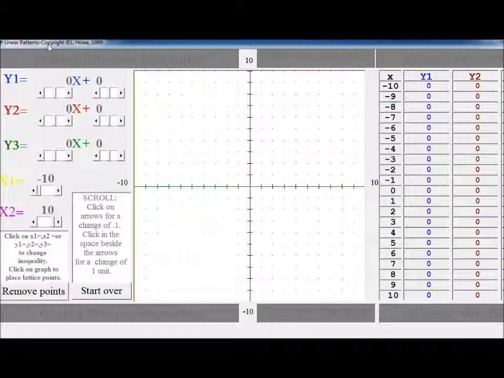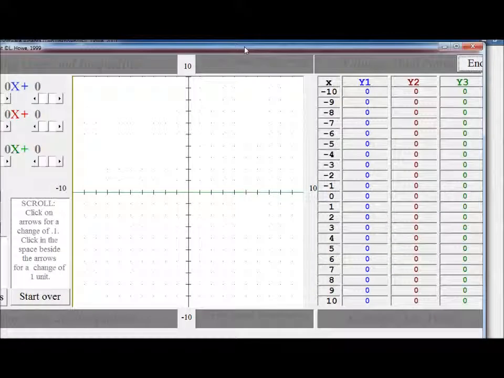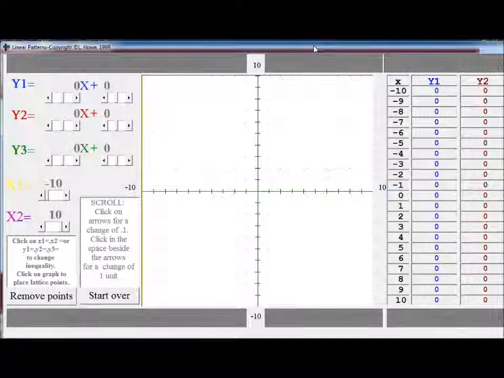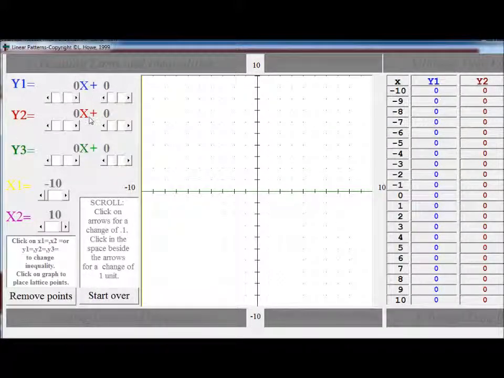You can see that I have put the ability to put in several functions and two vertical lines, and then I've given a table of values over on the right. I'm going to put it over here where you can see this graphing utility. Let's just look at the function y1, and you see I've got some scroll bars here, and the way that